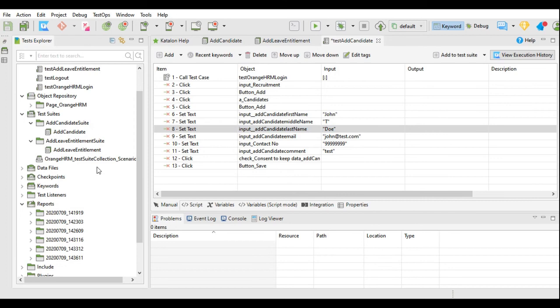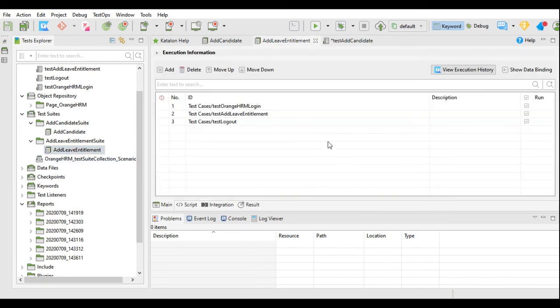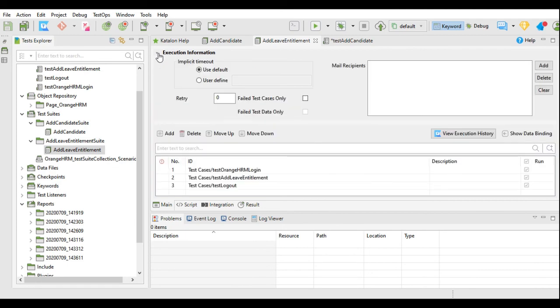Next is about the test suite. We will go to the test suite. We have seen how to send emails for the execution of the test suite or test suite collection. In the test suite, there is one more email setting.